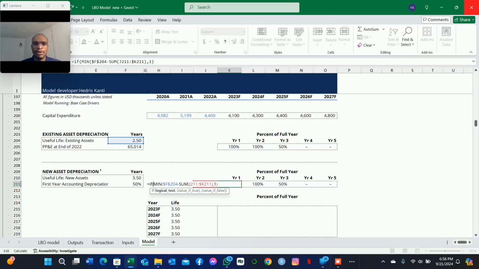So what we are saying here is that if the cell J11, if that cell is not, so we're gonna write it like that, if that cell is not equal to